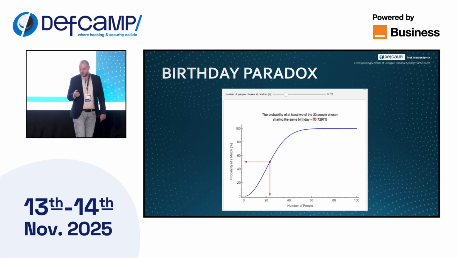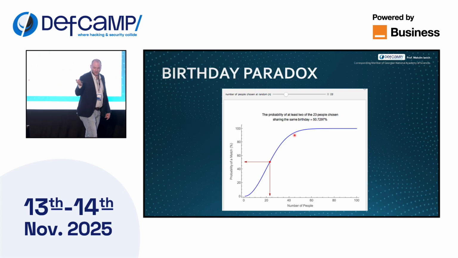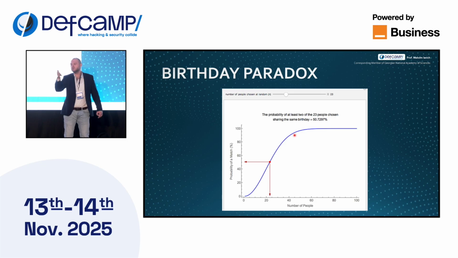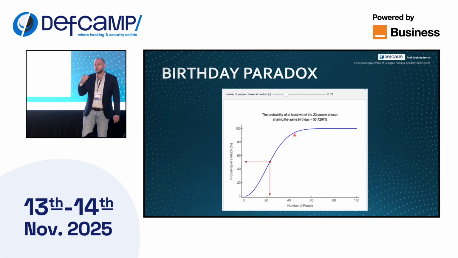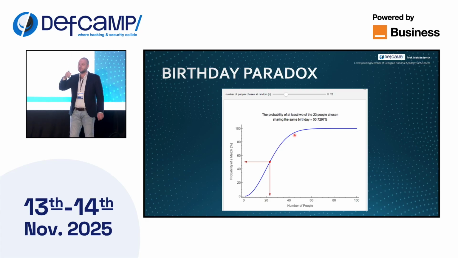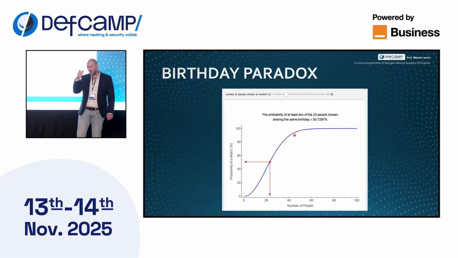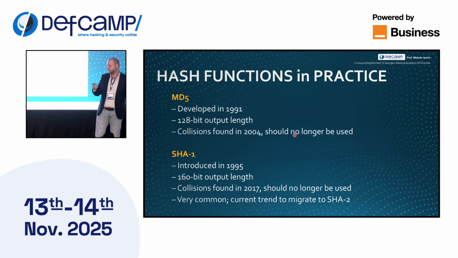So, as you can see on this graph, when you have 24 people, the probability of a collision is 50%, but when you go up to 48, 49, it's already almost 100% that you will find two people who have their birthday on the same day. And really, when I was teaching groups with more than 50 people, always two people there had the birthday on the same day.